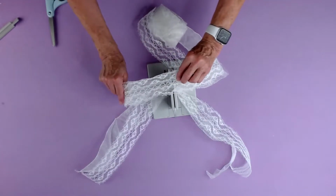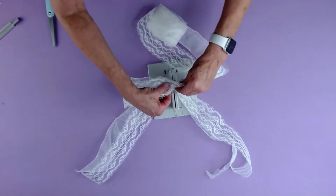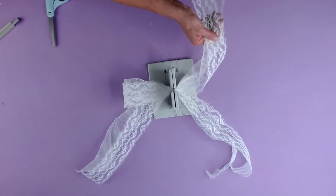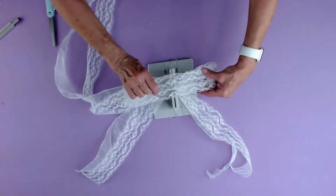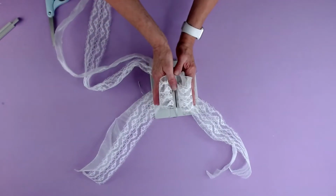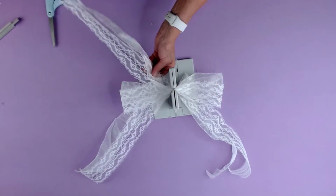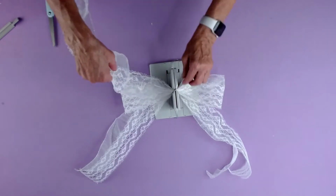So what I'm going to do is fold this over. I'm going to twist it and scrunch it down into my Bowdabra. Then I'm going to do the same thing on the other side. I'm going to just fold it over and twist it. And then just to make sure my loops are the same size, I'm just going to fold them up, and they are. So now I'm just going to continue, and it's a little bit more difficult because I have two